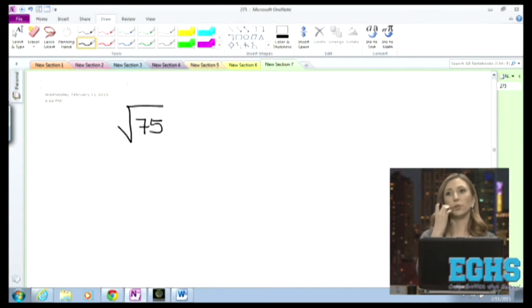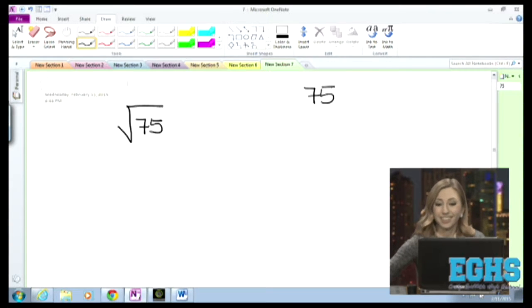One thing I like to do when I'm simplifying square roots is take that number and break it down to its smallest factors. So essentially, if you remember this from elementary school, factor trees, basically. Do you remember what factor trees are? Okay, so if we took 75 and broke it down to its prime factors,